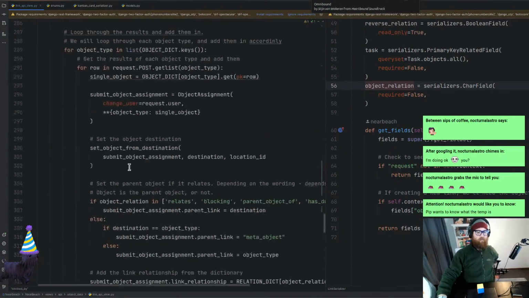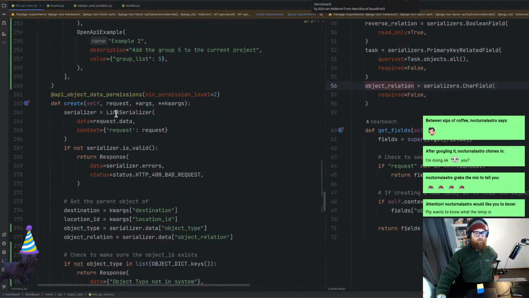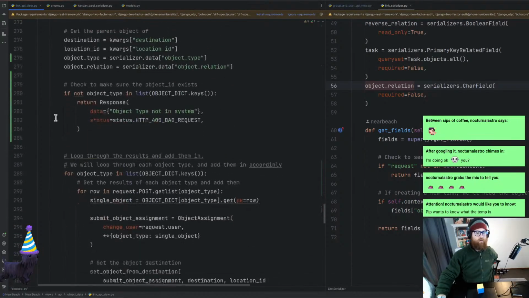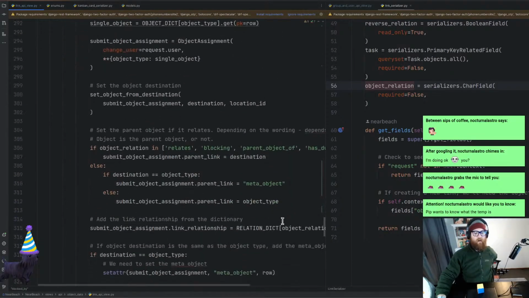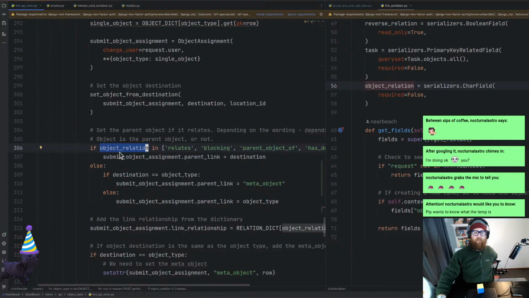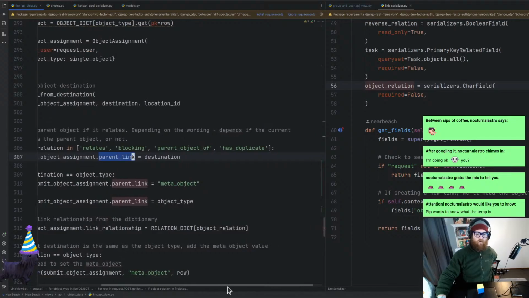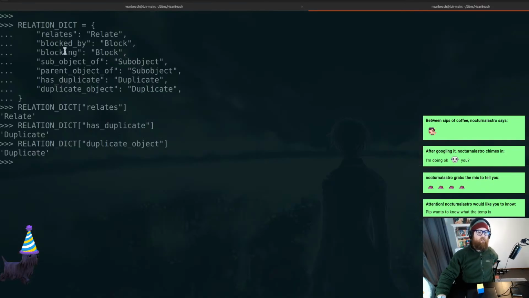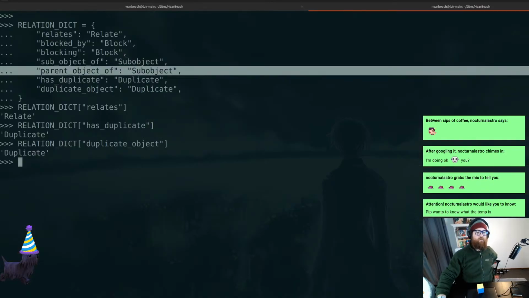So you've got a flip switch type of situation. This is the create. You go all the way down here. You loop through all of that. Essentially what you're doing is, hey, if any of these objects are in here, the parent link, so if it's related or blocking or parent of or has duplicates, so if we go in here, parent object